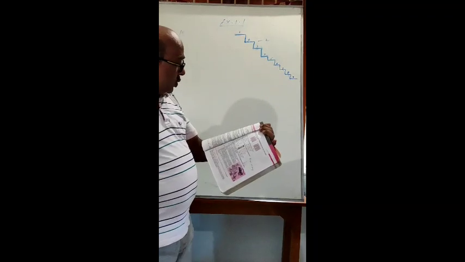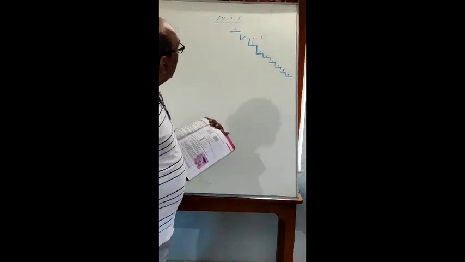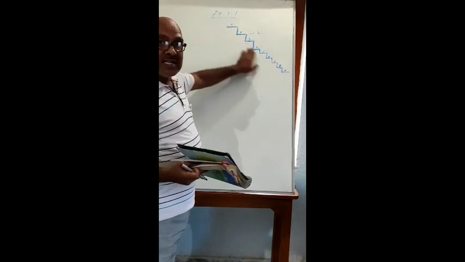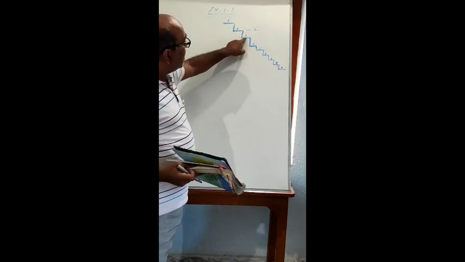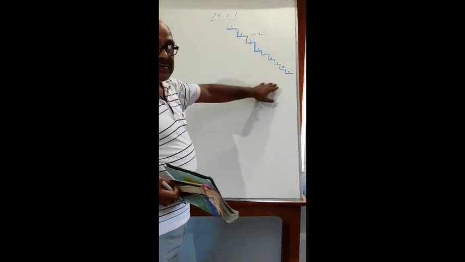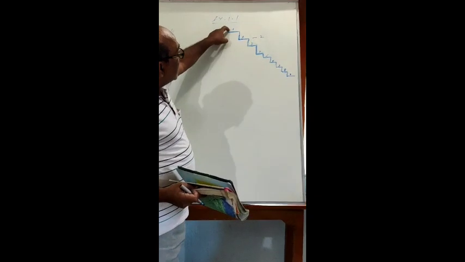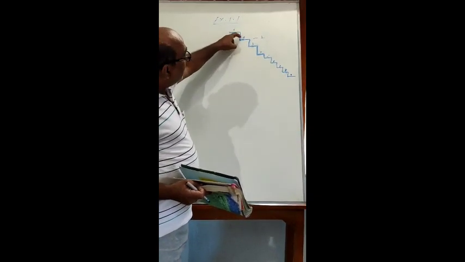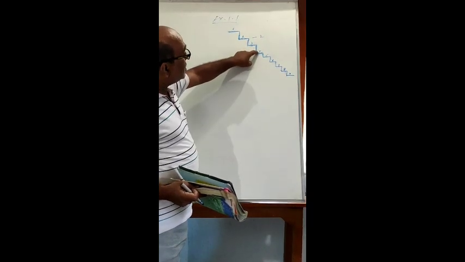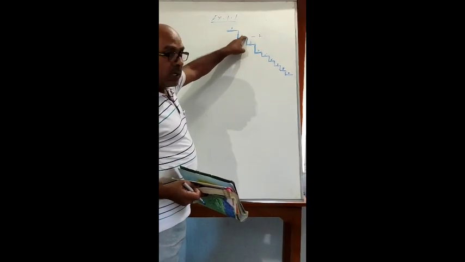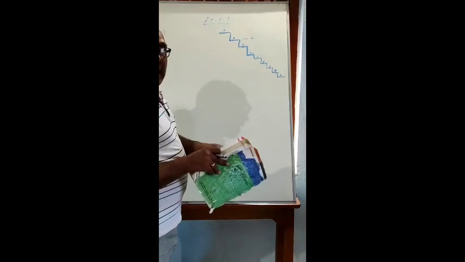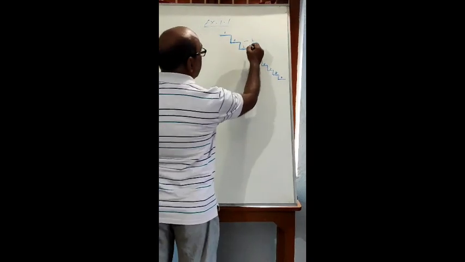This is difficult for you. Therefore, I am going to solve this question. Here are given ladders, steps. There are 9 steps. At first, the monkey is here, and he falls 3 steps downward, 1, 2, 3, and then he jumps 2 steps upward, 1, 2. It means after 2 jumps, the monkey will be here.